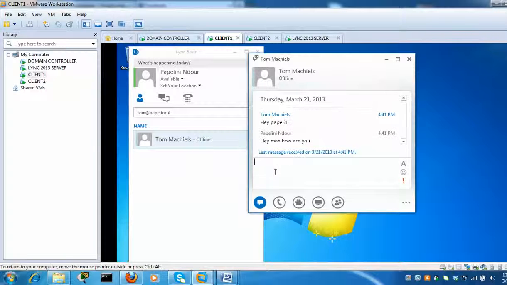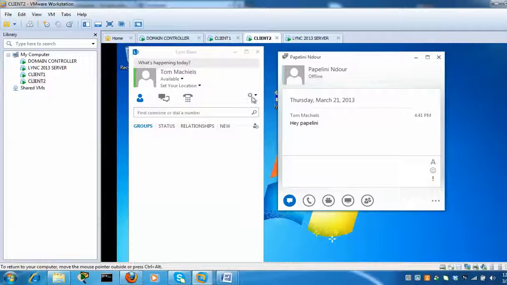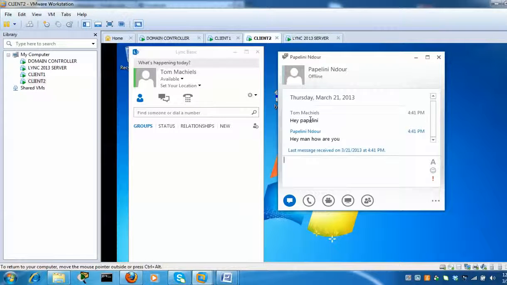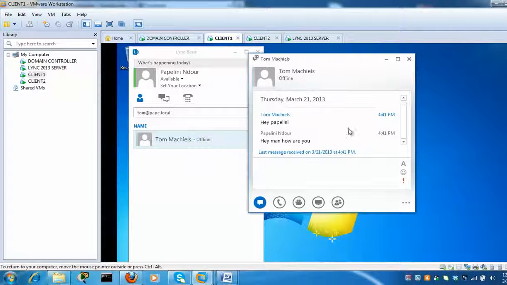Are you in the office? Sorry for that. Office. And we can see here we're gonna get a reply from Tom. The reply from Tom. Are you in the office? So that's working very nice. Good. So we see success installing it, and they can call each other here if they want,